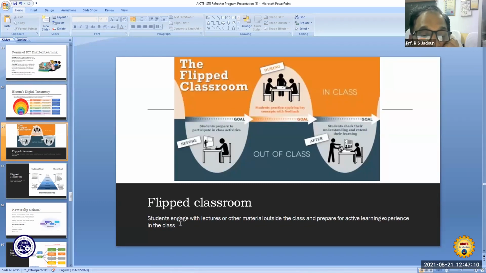So students engage with lecture or other material outside the class and prepare for an active learning experience in the class. So this is known as flipped classroom.